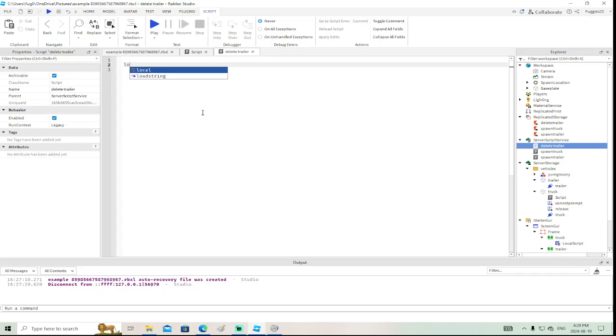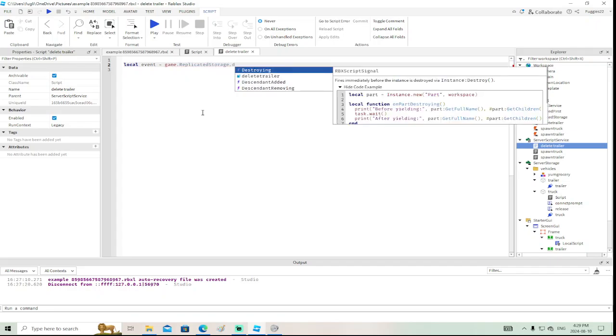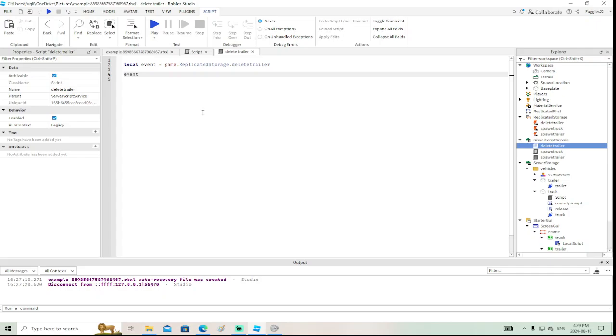Okay, so now what we need to do is say local event equals, and then we can say just game dot replicated storage dot delete trailer. All right, and we can say event dot, oh no, we need to connect that. We need to connect that to a function here. So we need to say event on server event connect